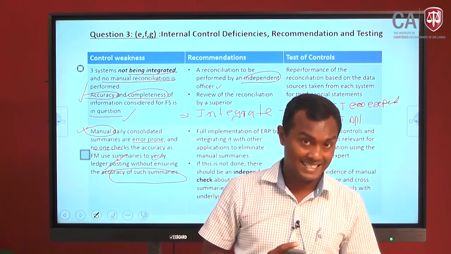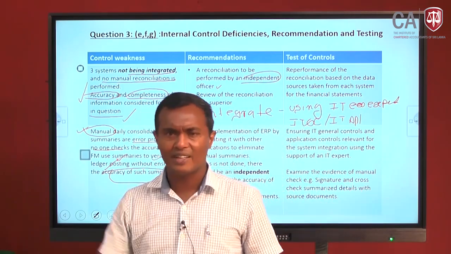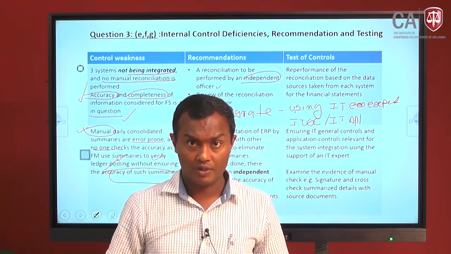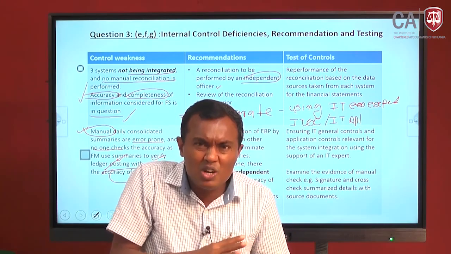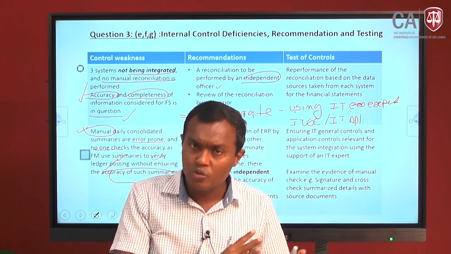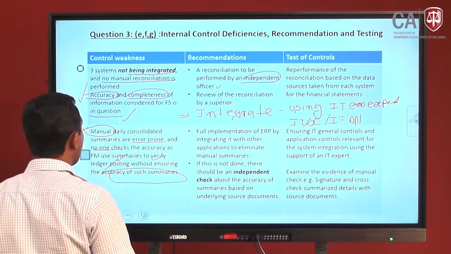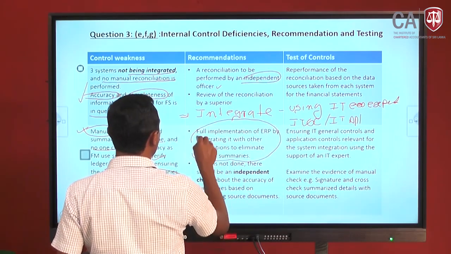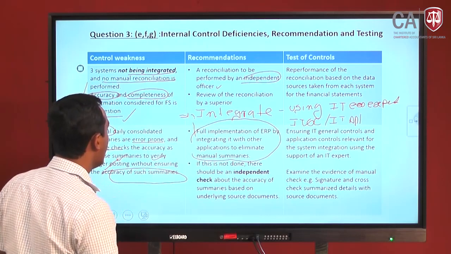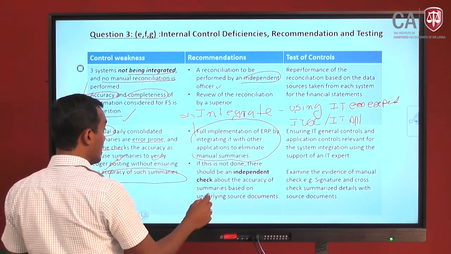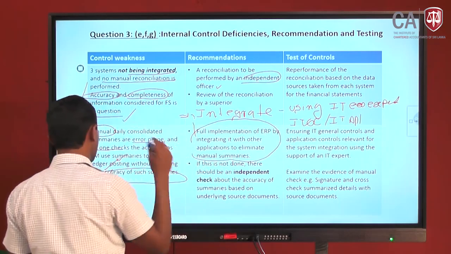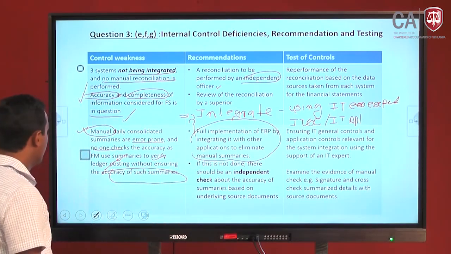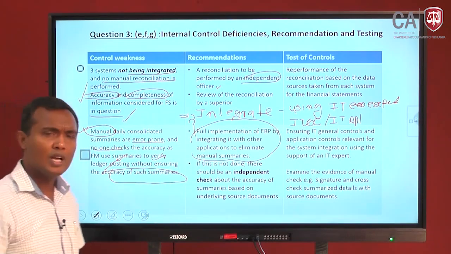So, what do you suggest? If summaries are not checked, if that is done by one executive, you get someone else, maybe at a higher level, to go through how information is flowing, maybe a cross check, to ensure that summaries are accurately prepared. And I think this one I spoke about, the full implementation of the ERP system, should go here. Even the implementation of the ERP system will help you. This can be applicable to both answers, because if there are manual summaries, how do you get rid of